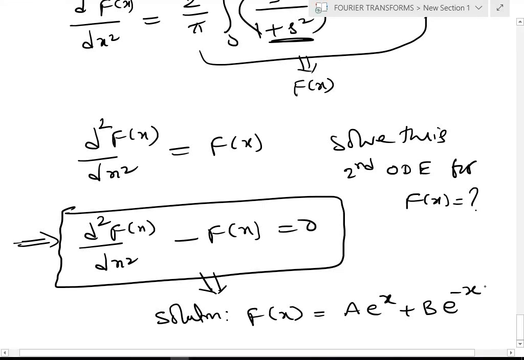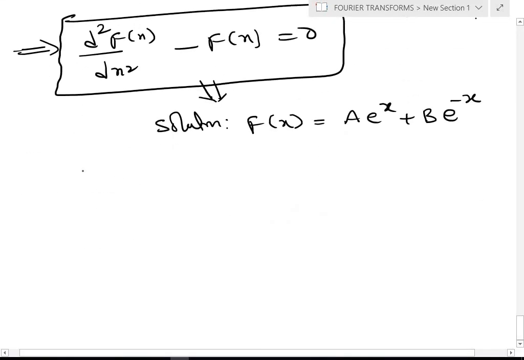Then a doubt will come: how to determine the conditions? Here, how do we determine a and b? That is very important for us. See here, a and b can be determined. Once I know the a value and the b value, then it is an easy task for us to determine the rest.